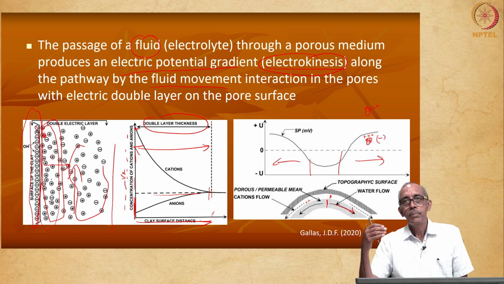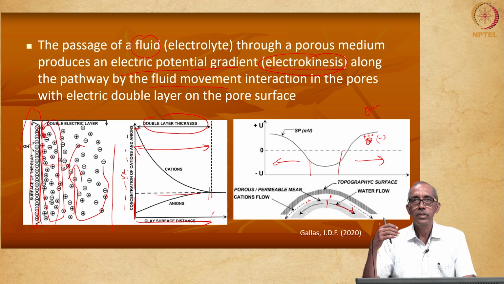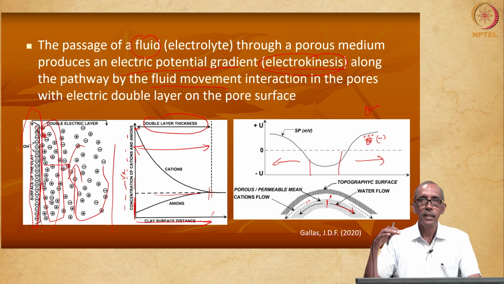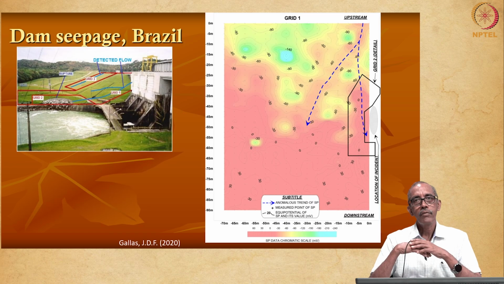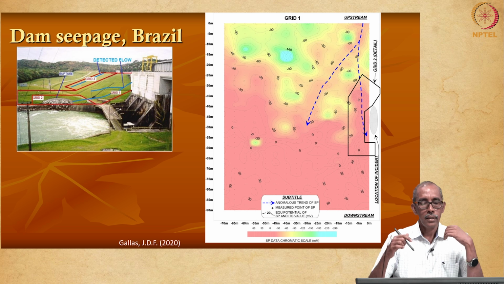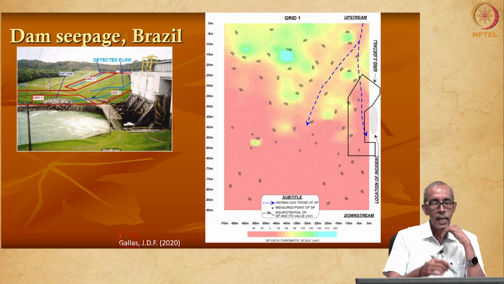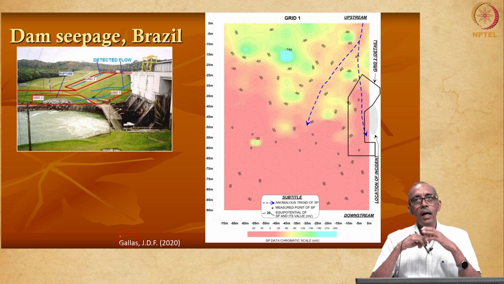So, this process itself leads to development of variation in the electrical potential which we measure at the ground surface, right. So, making use of this theory, this researcher Gallus has tried to understand the seepage from a